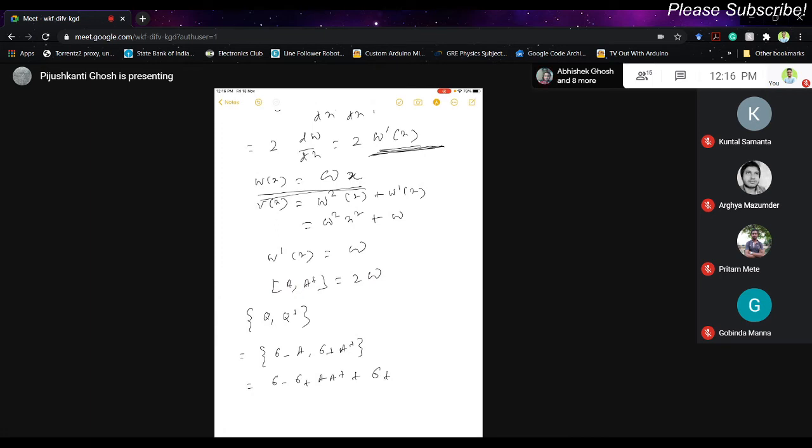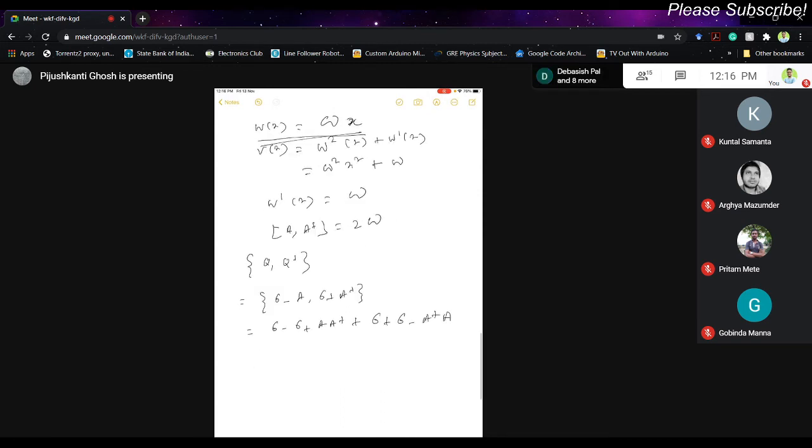So sigmas and A's commute with each other, but sigmas don't commute among themselves, and A and A dagger don't commute, so order accordingly. Now there are different ways to find the expression for H in terms of sigma minus and sigma plus. So the anti-commutation relation of sigma minus and sigma plus is